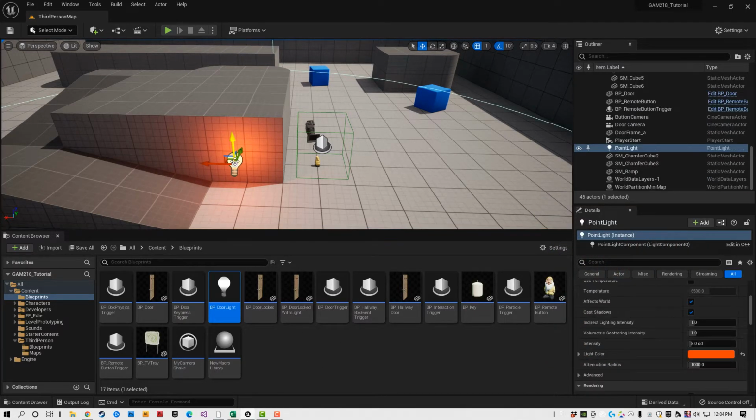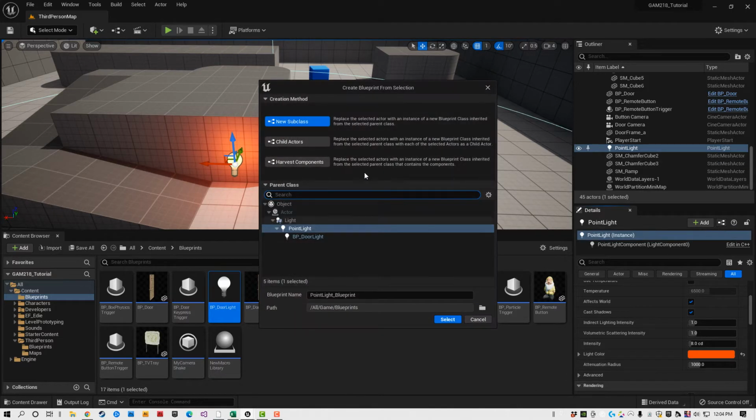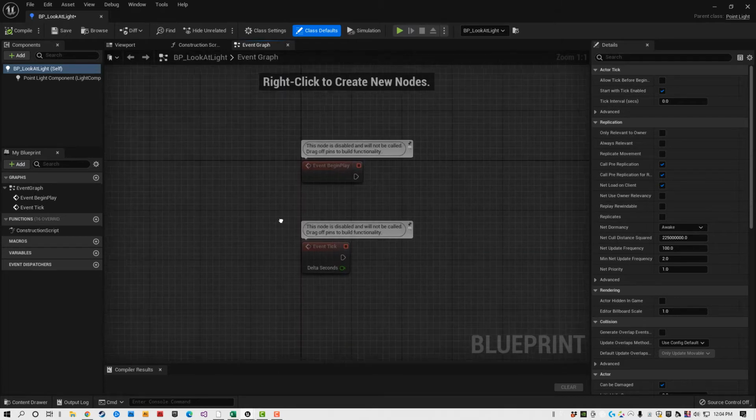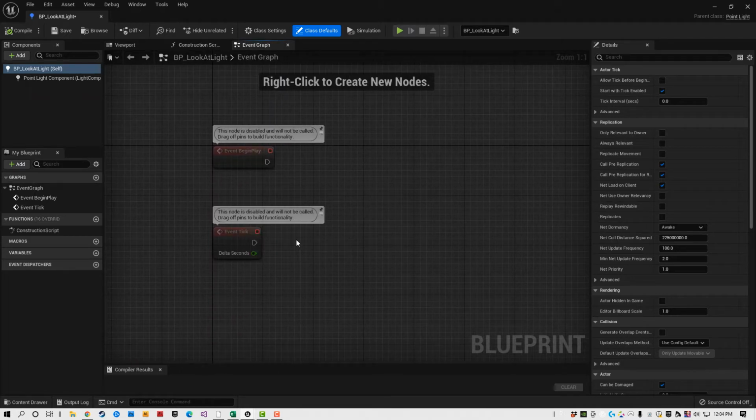I'm going to select that light, and we're going to make sure that we make it a blueprint. It's going to go inside my blueprints folder. I'm going to give it the name BP Look at Light. We're going to go to our event graph, and I'm going to actually use the tick, which is, you know,